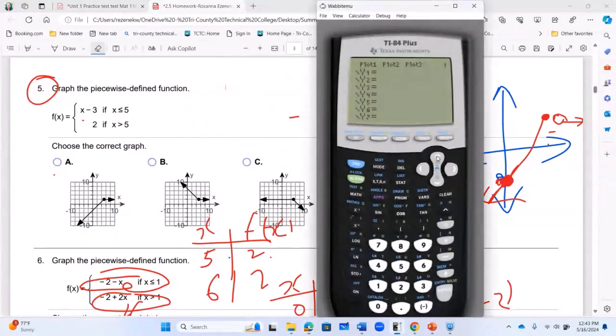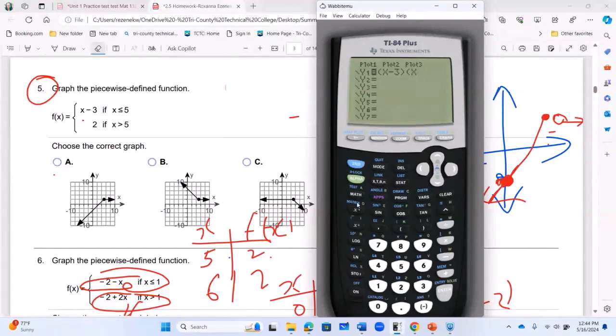So the first piece of function is, and all of them should be in a line. So I'm going to use parentheses for the first piece. And I have x minus 3, and close parentheses, and open another parenthesis. And I use x is less than or equal to. So I put x less than or equal to. Where do I see inequality? I will see inequality in,